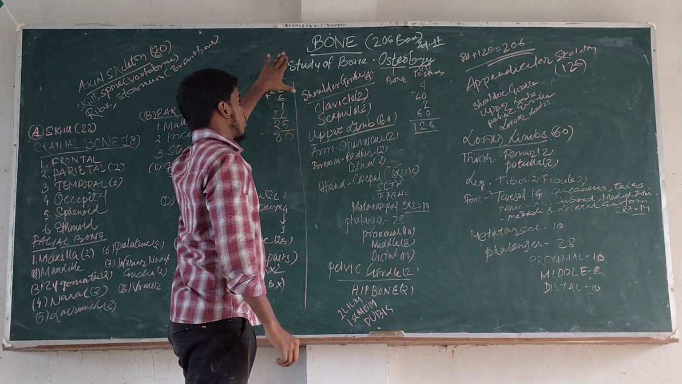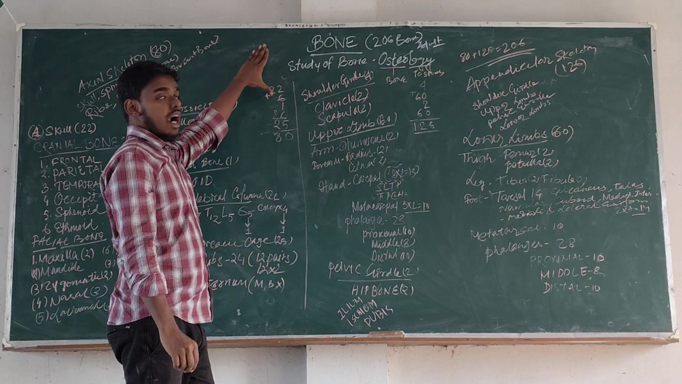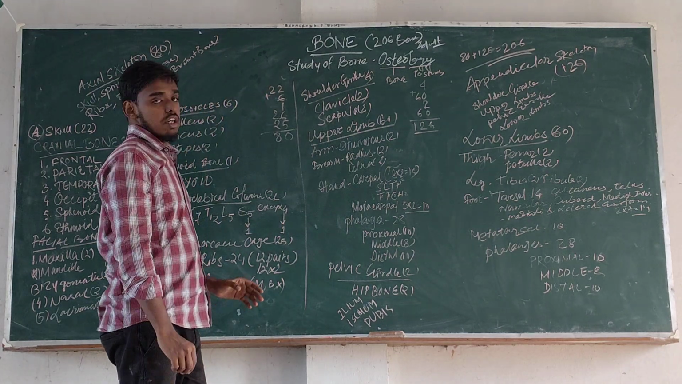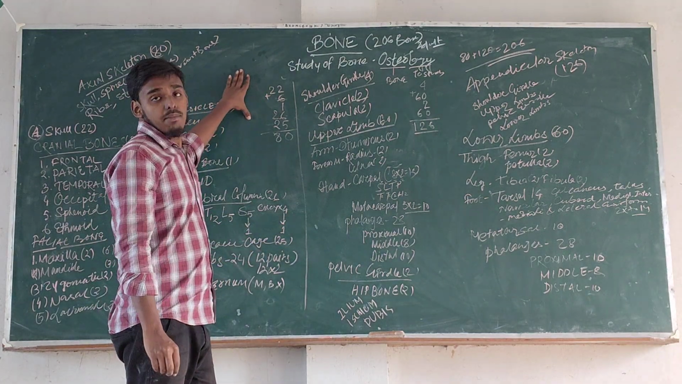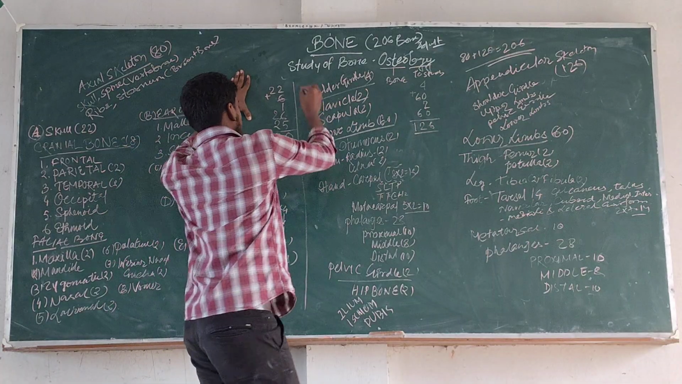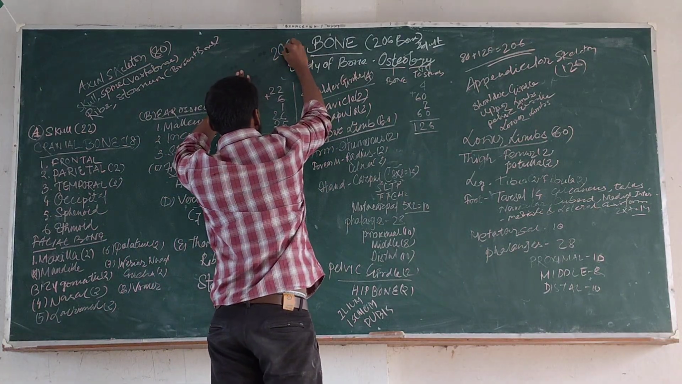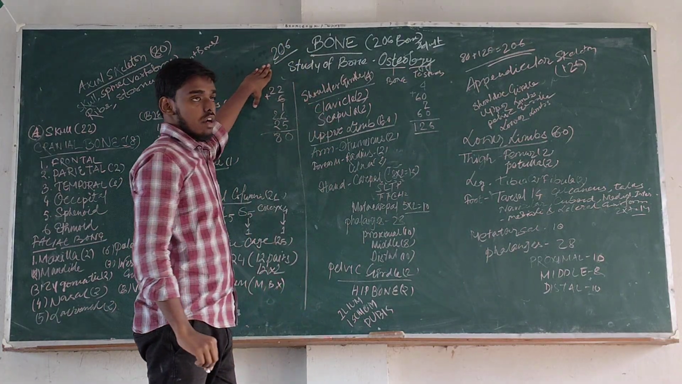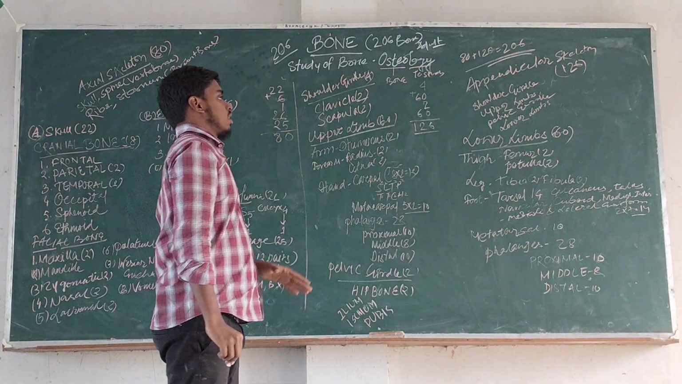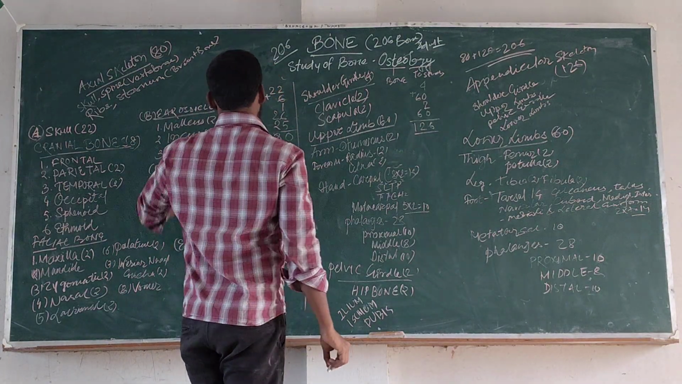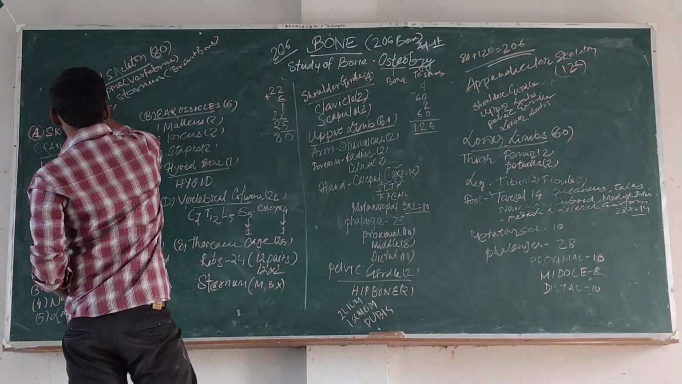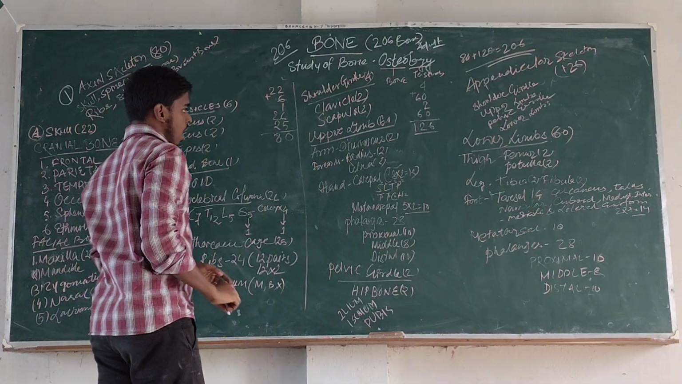So now we will start the study of the bone. In case of adult human, the total number of bones is 206. So this is the total number of bones. Now these bones are divided into two parts. First of all, one is axial skeleton and one is